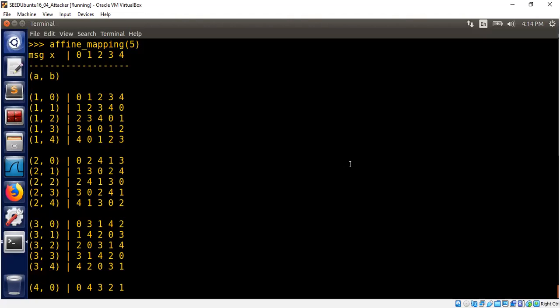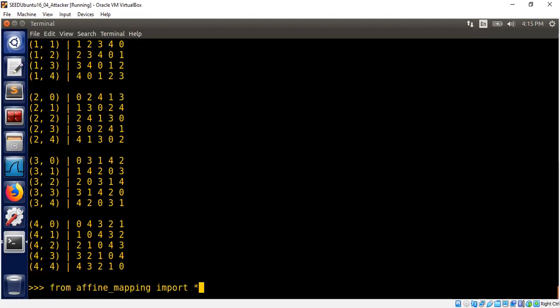Remember, this is just an affine mapping. We talked about affine mapping and chosen ciphertext attack. I mentioned earlier that you would need two plaintext-ciphertext pairs to break an affine cipher. This is actually a very nice application of cryptanalysis to something on the more constructive side: how to store the master key. All right, let's do a quick demo of the